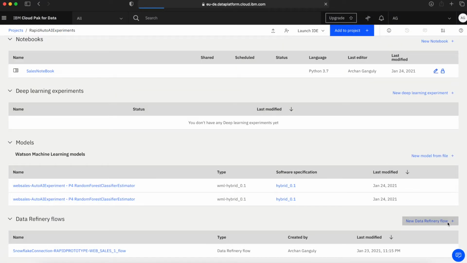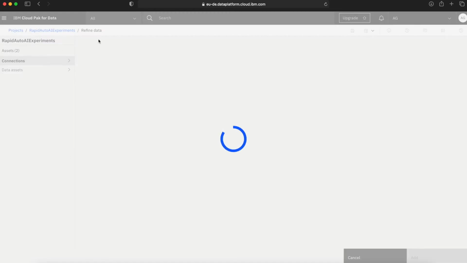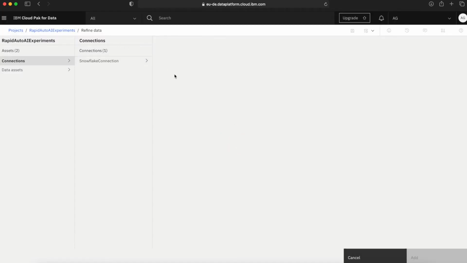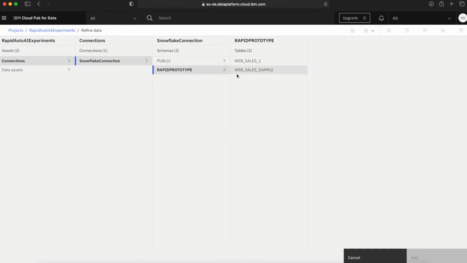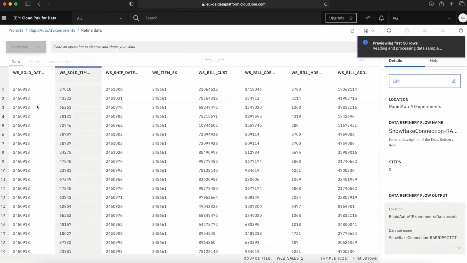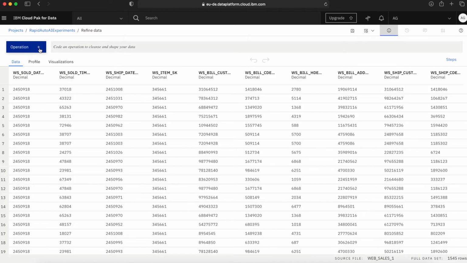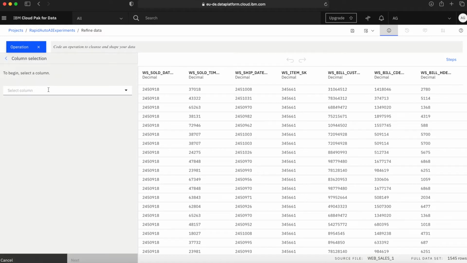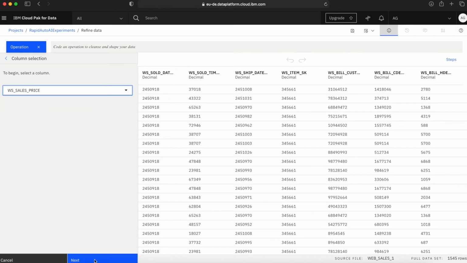Now that we've established the connection to Snowflake, we will quickly create a data refinery, which is meant to be a one-stop place for performing any kind of data wrangling or any kind of profiling of the data and visualization, quick visualization of your data set. So here, as you can see, we connected to Snowflake, we got hold of the data, and then next we are going to, let's say, perform an operation on a particular column, which is sales price, and we are going to figure out if